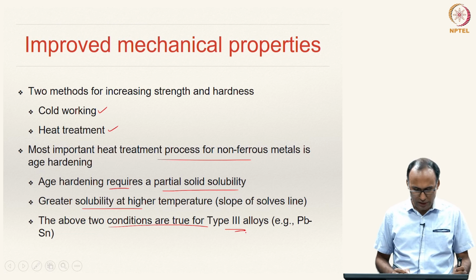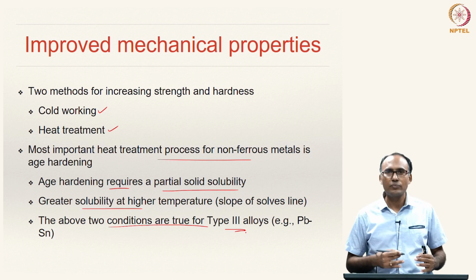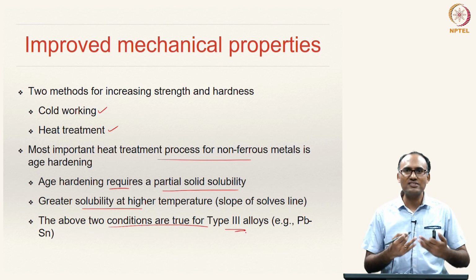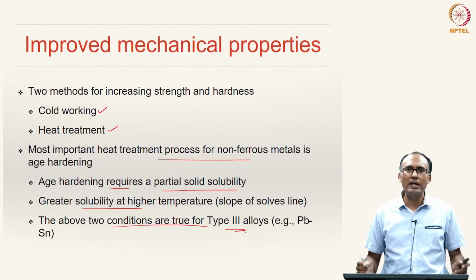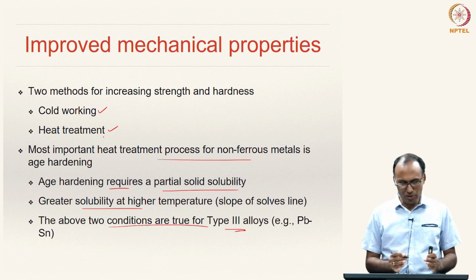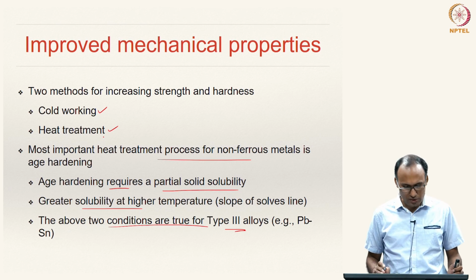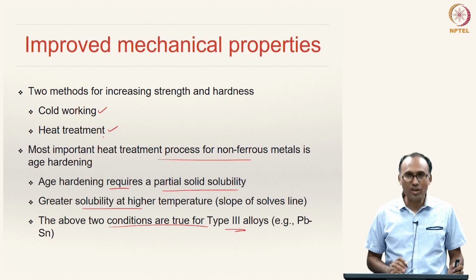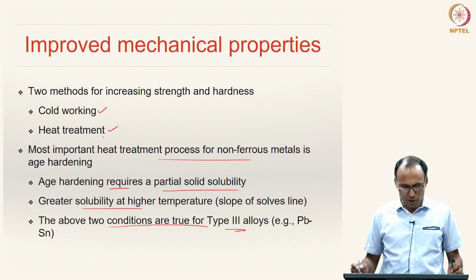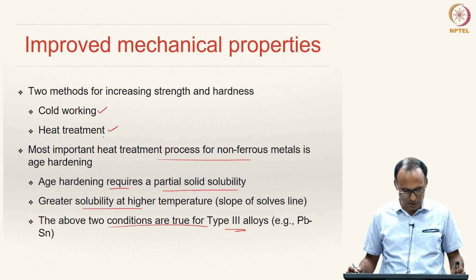They have a higher solubility at higher temperature and they have partial solubility, and because they possess these two properties, age hardening can be used in order to enhance the mechanical properties, right. This is one of the heat treatment processes. We will look at other important heat treatment processes in the module that we are going to discuss after these phase diagrams. If you want to understand more about age hardening, I encourage you to go through the textbook of Sidney H. Avner's Physical Metallurgy, or you can also refer to the other textbooks mentioned in the references of this module.